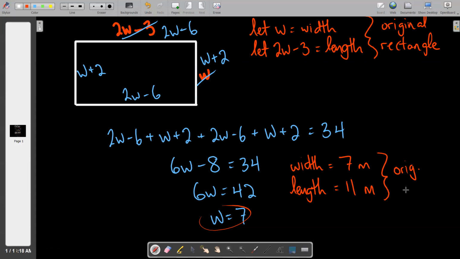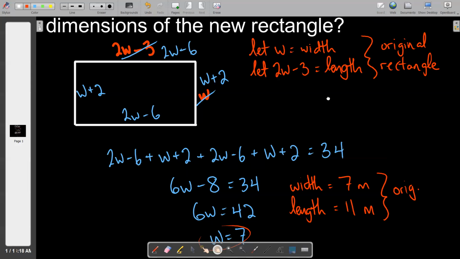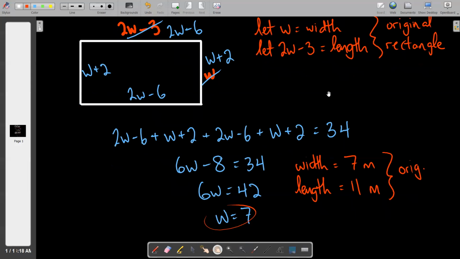And if you go back and read the problem, it says that we want the dimensions of the new rectangle. So I'm going to use yellow to show you what we're up against here. We want what I'm putting in yellow boxes because those are the modified ones. Those would be the length and width after we performed the modification. And that's what's being asked of us here. So these answers that I have written over here in red, that's pretty cool, but they're not what we want. What we want are